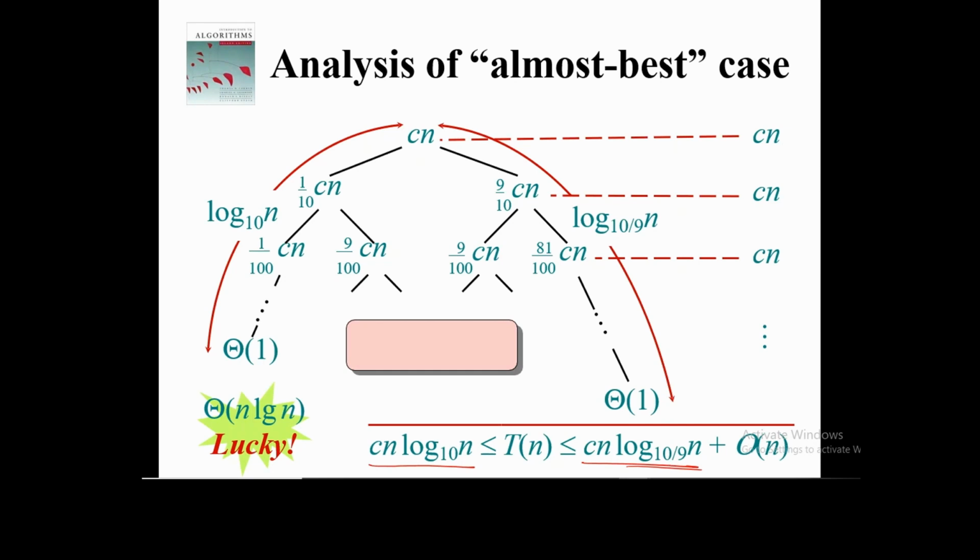So we are having three types of complexities. In the worst case, it is theta of n square. In the best case, it is theta of n log n, and in the average case, it will again be n log n. The bases differ, so we will not consider the base. So the complexity in the average case will be equal to the best case, and in the worst case, the complexity is O of n square.